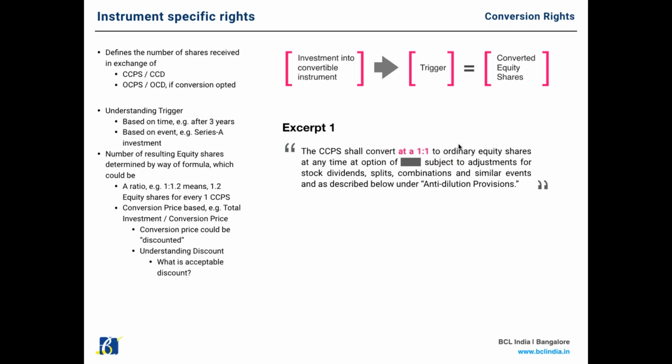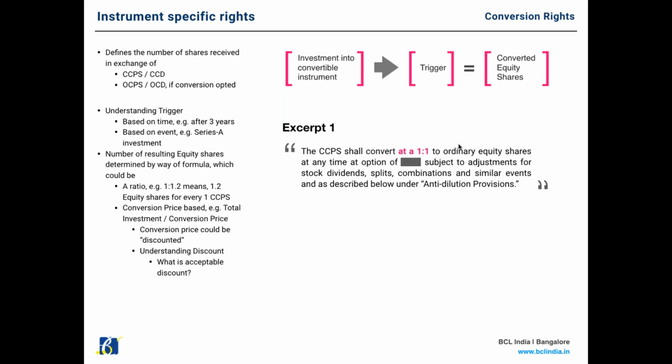So the question again, which early stage startups ask, is what is an acceptable discount, right? We have seen some crazy numbers which go up to 30% plus, right? But the thumb rule is anywhere between 15 to 20% would be market accepted. So 15-20% of discount is quite reasonable, which means that the investor is asking for a 15 to 20% discount on the next round of funding.